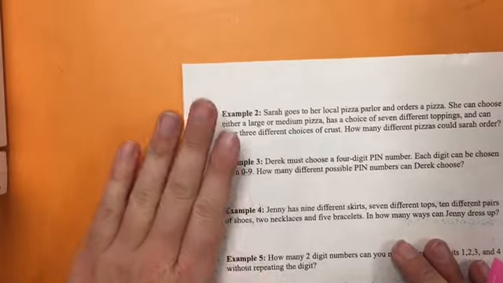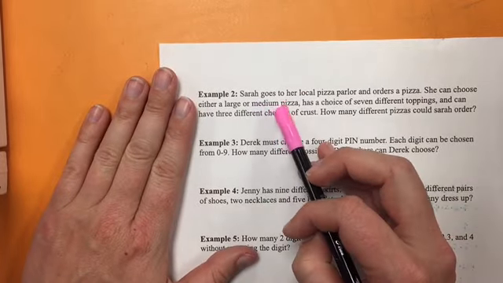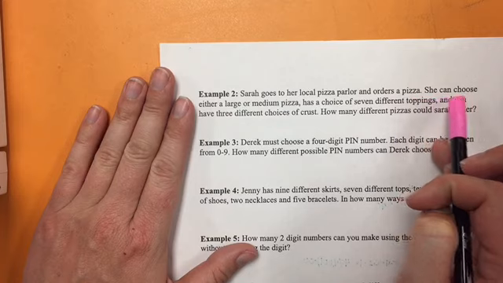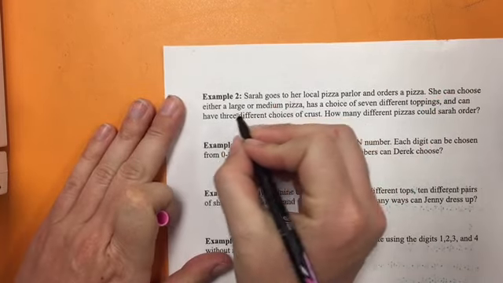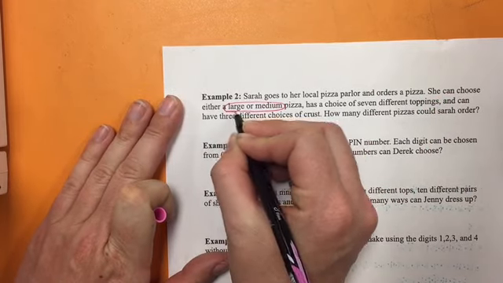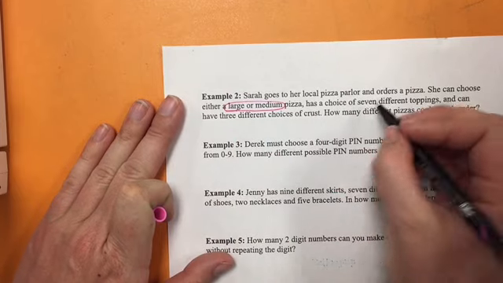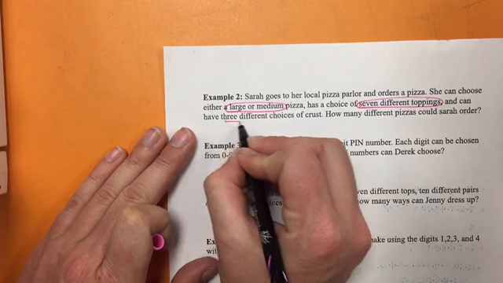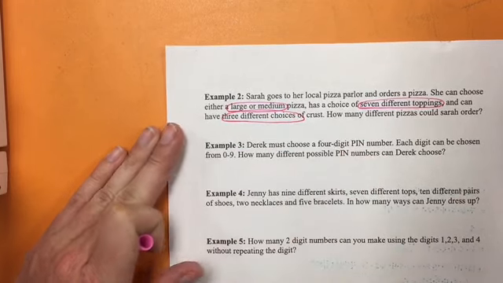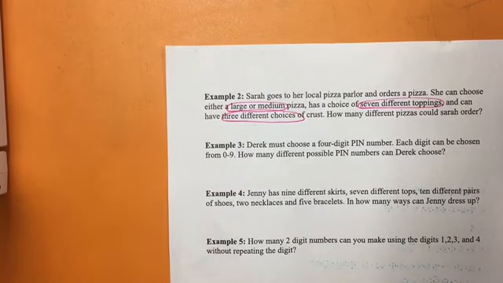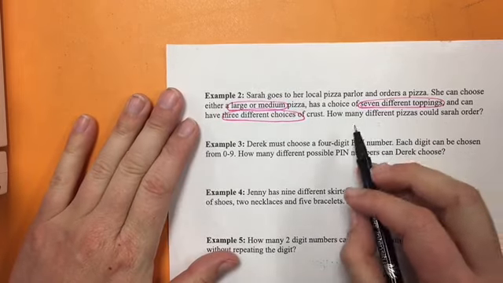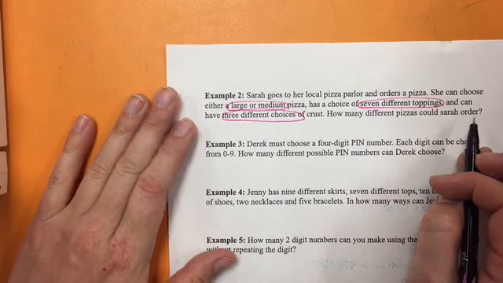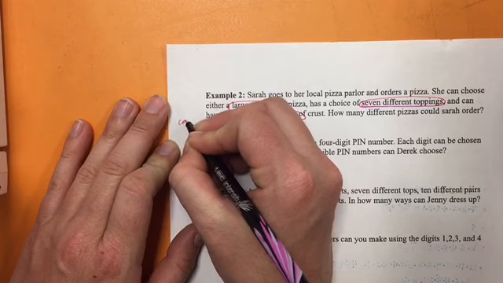For example, Sarah goes to her local pizza parlor and orders a pizza. She can choose either large or medium, has a choice of 7 different toppings, and can have 3 different choices of crust. How many different pizzas could Sarah order? This is a counting principle,